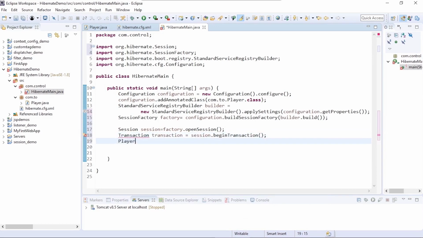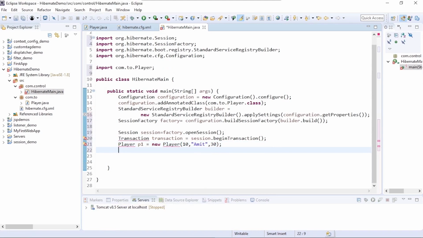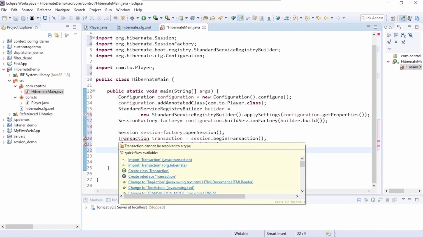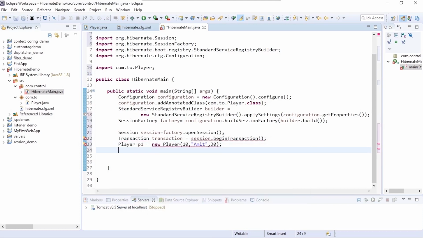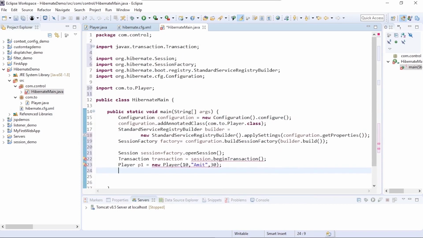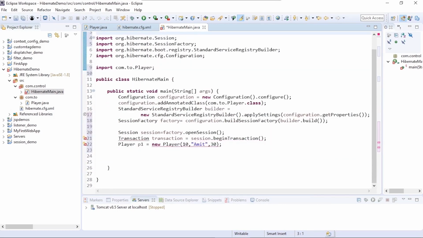Then we create a player object equal to new player, and we pass some values. We import com.to and also the transaction package, which should be the Hibernate equivalent, so we'll get that one.